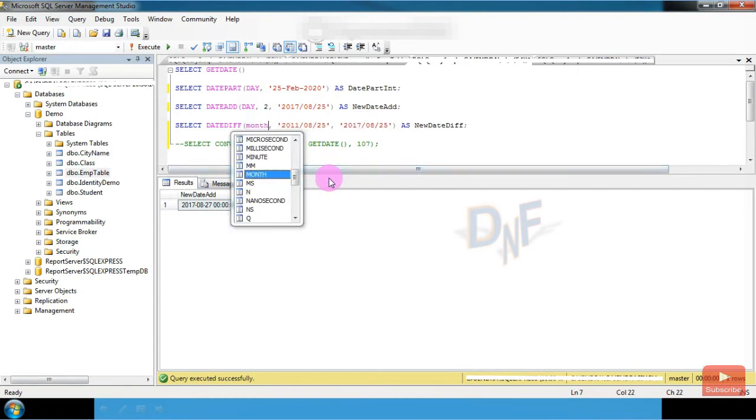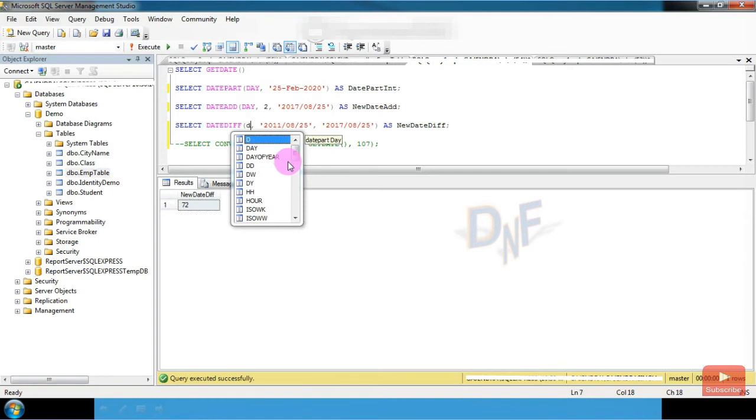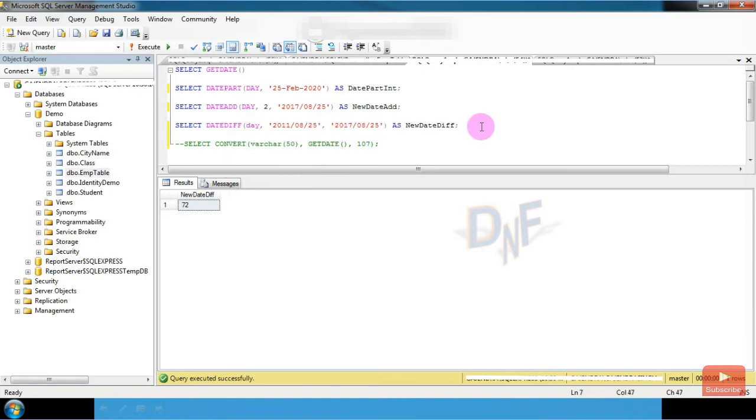For example, I want the difference between these two dates in months. It displays how many months are between these two dates. Same thing with days, it displays how many days are between these two dates. So it is also an important function for date calculation.